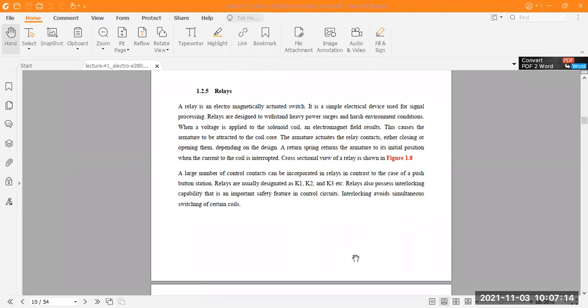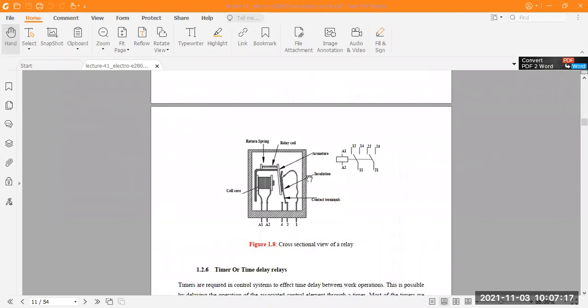Now one cross-sectional view you have to see, of the basic relay. Here you can see the different types of connections we have to apply. There is a normally open and another one is the normally closed, which we attach here. When this is not connected, it is called normally open, and when this is connected, it works with the logic of the normally closed type.